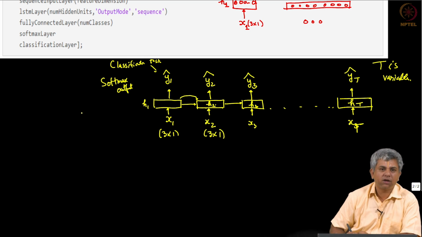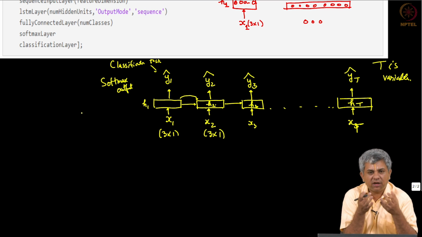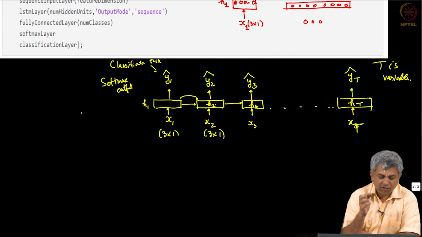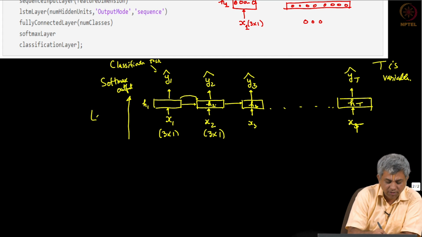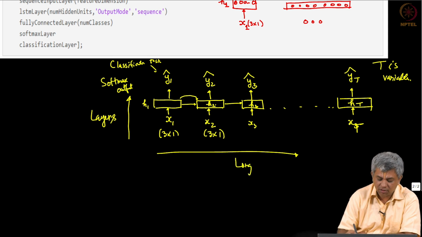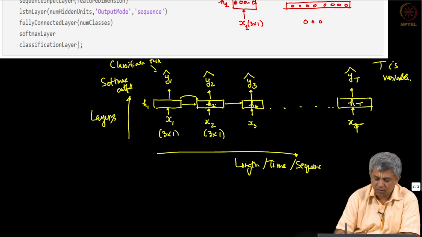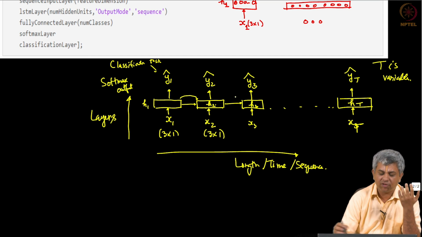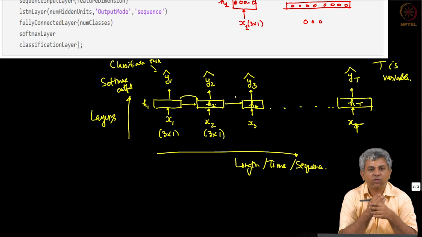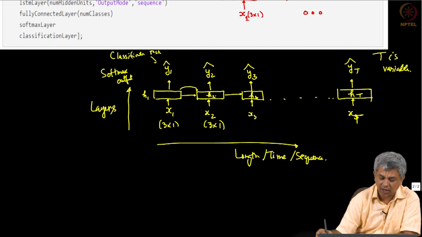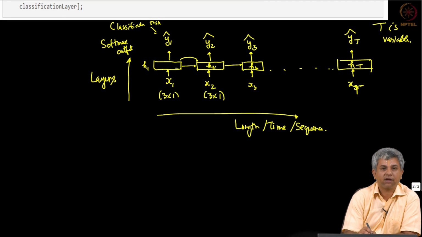Before I show you, a little bit about terminology. Oftentimes in later videos I will say number of layers. That is strictly speaking not correct. Number of layers should be in this direction. This is length, time or sequence. Okay. But I will sort of abuse notation and say, you know, when the number of layers increases, it is going to be very difficult to train, but you should understand that number of layers actually is in this direction. Right now I have shown you a case with effectively one hidden layer, but just like we